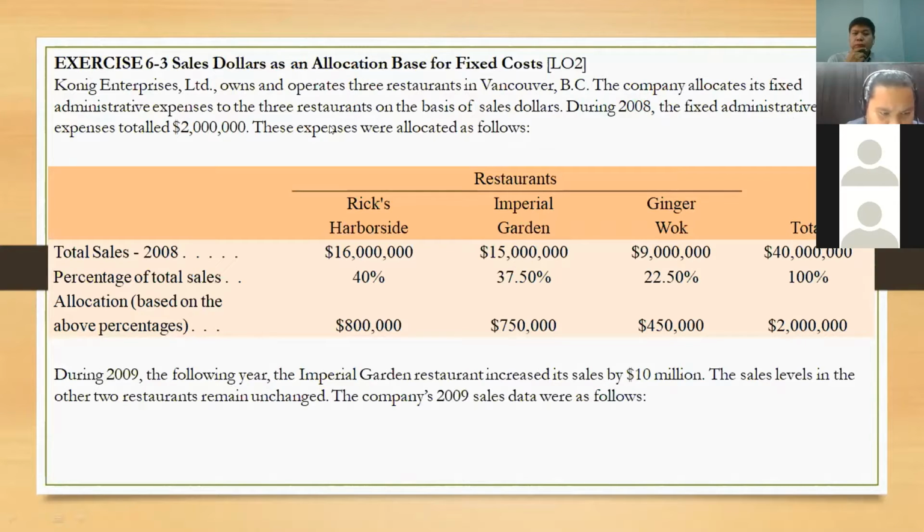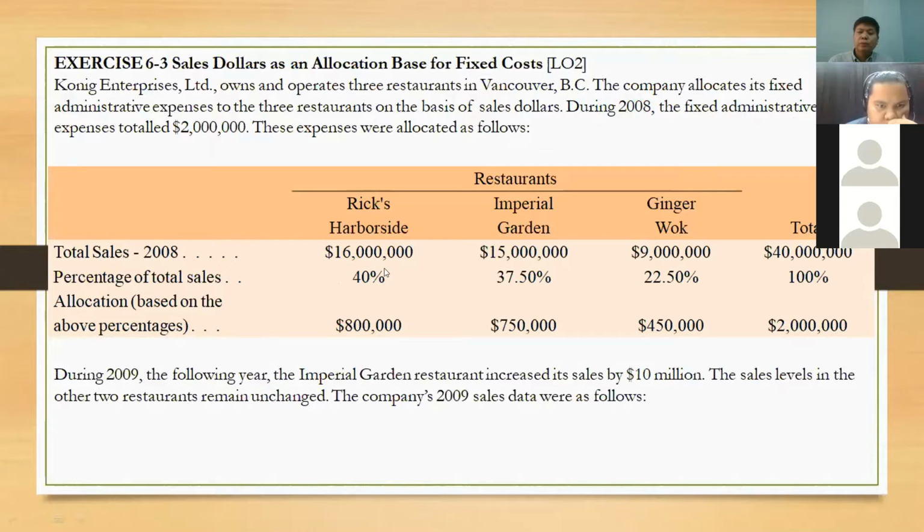So Koenig Enterprises has restaurants: Rick's Harborside, Imperial Garden, and Ginger Walk. Their total sales in 2008 are 16 million, 15 million, and 9 million, so a total of $40 million. So the percentage of their total sales based on